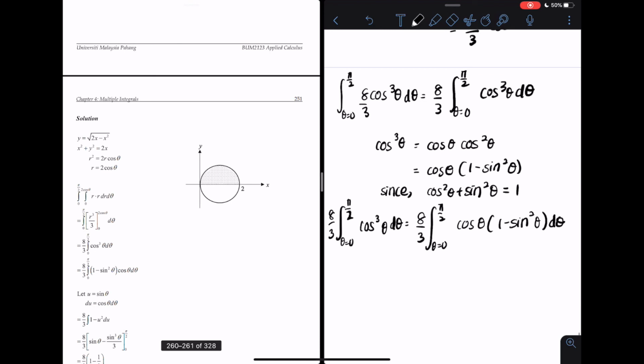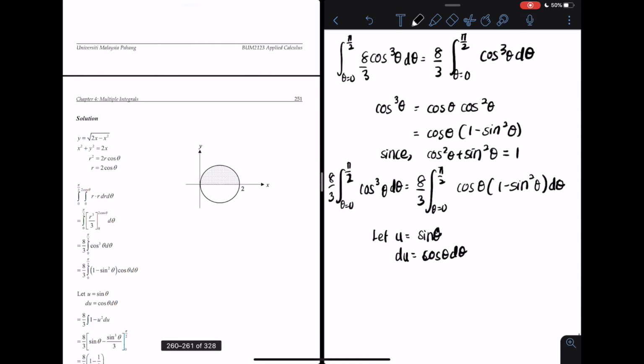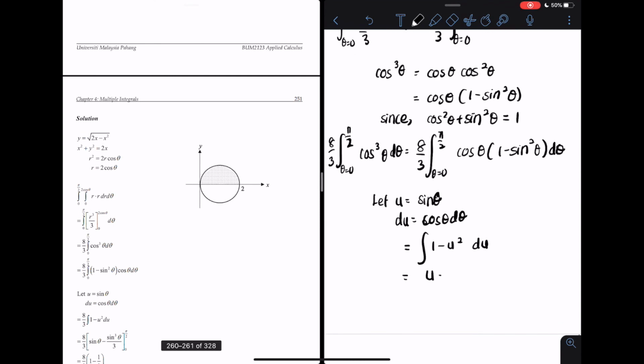So you will apply u substitution to solve this integration, such as let u equal to sine theta, du equal to cosine theta d theta. Therefore, 1 minus u squared du,